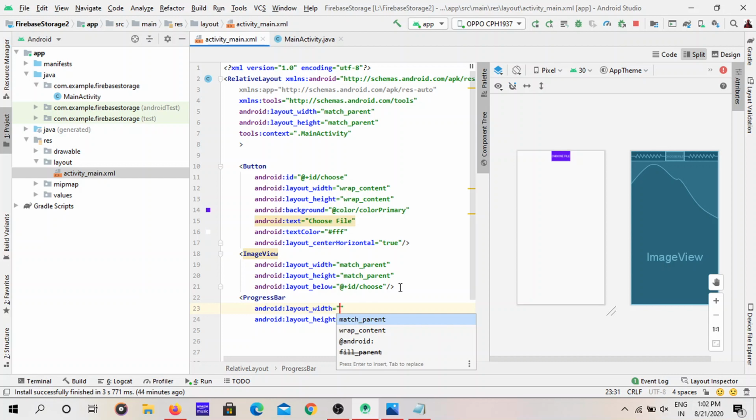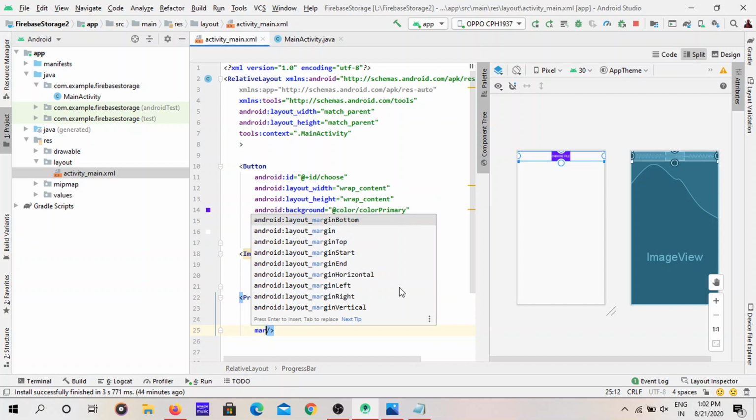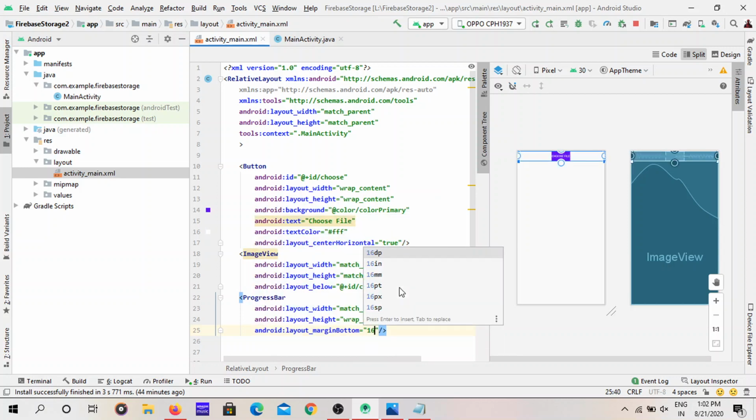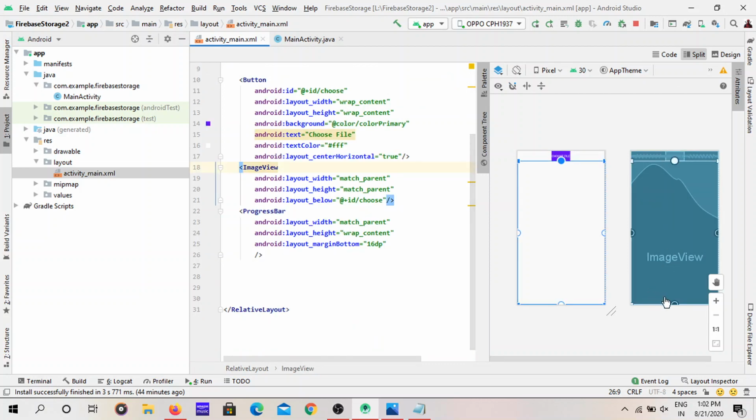Just create a progress bar with width as match parent and height as wrap content, and the margin bottom should be 16 dp, and that is it. We are done with the progress bar, and this should be below the image view.